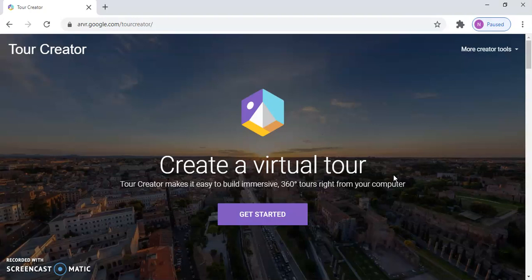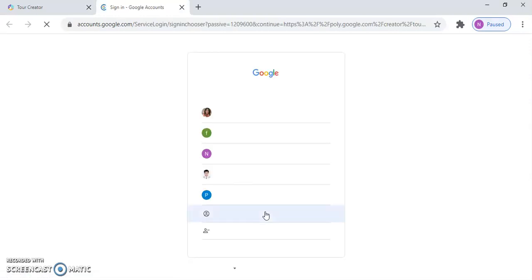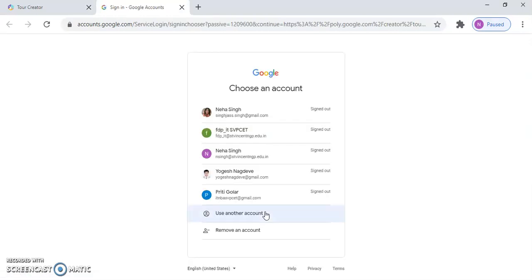Let's get started. We will click on the Get Started button. It will ask you to enter a valid Gmail account.